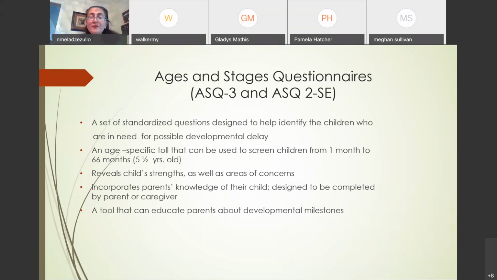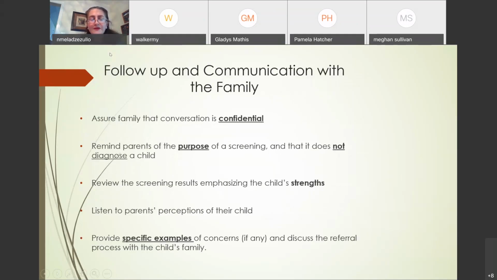So I'm sure many of you, if you're just a parent, even if your child is not in any child care center and is home with you, I'm sure many pediatricians have already conducted this questionnaire with you. So it's for the age group from 0 to 5.5, and it's of course standardized,